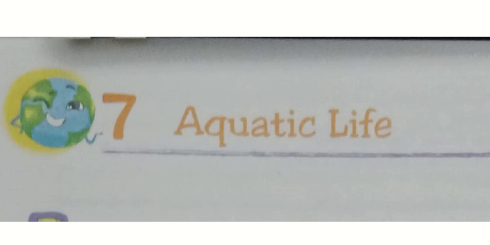Before starting the lesson, let me give you a quick recap of what we learned in the last class. In the last class we learned about aquatic plants, where I taught you that plants that are adapted to live in water are called aquatic plants. They are found in seas, oceans, rivers, streams, lakes and ponds. Aquatic plants are of four types: free floating plants, rooted floating plants, submerged plants and emergent plants.